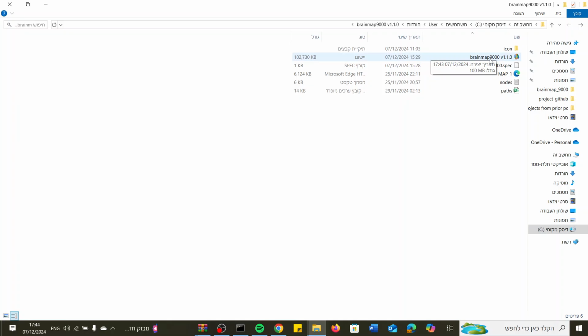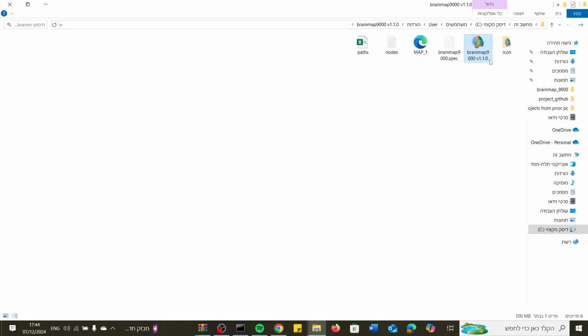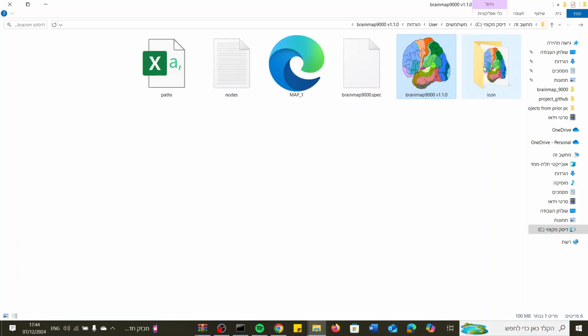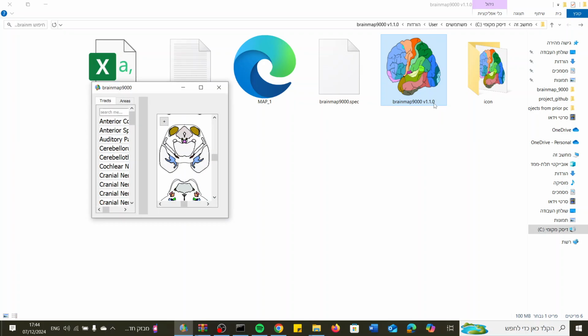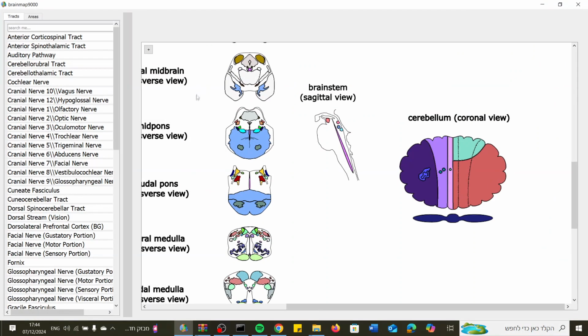As you can see, there is an exe file, even has a logo. If we zoom in, yep, just open this file, brainmap9000 v1.1.0, and after I think about 10 seconds it should open if you don't have Python installed on your computer. Anyway,